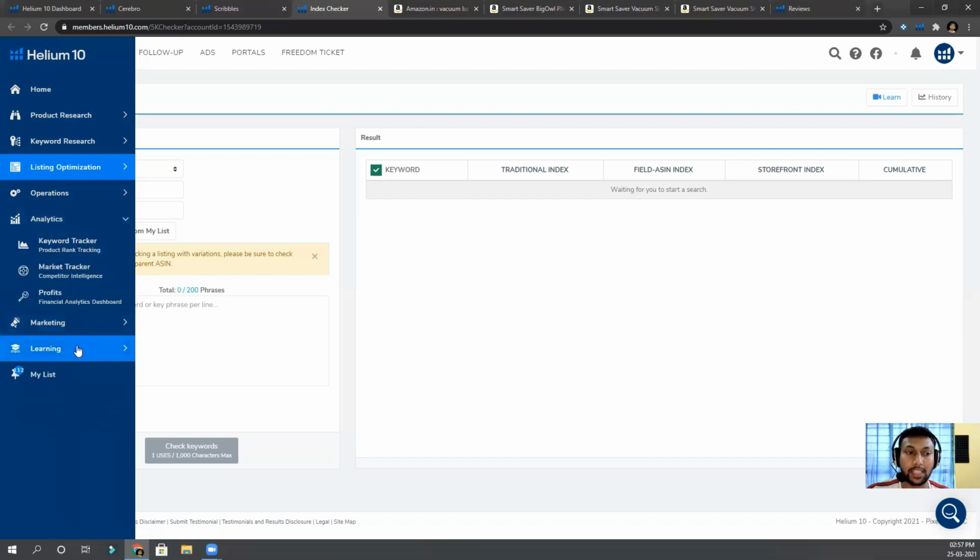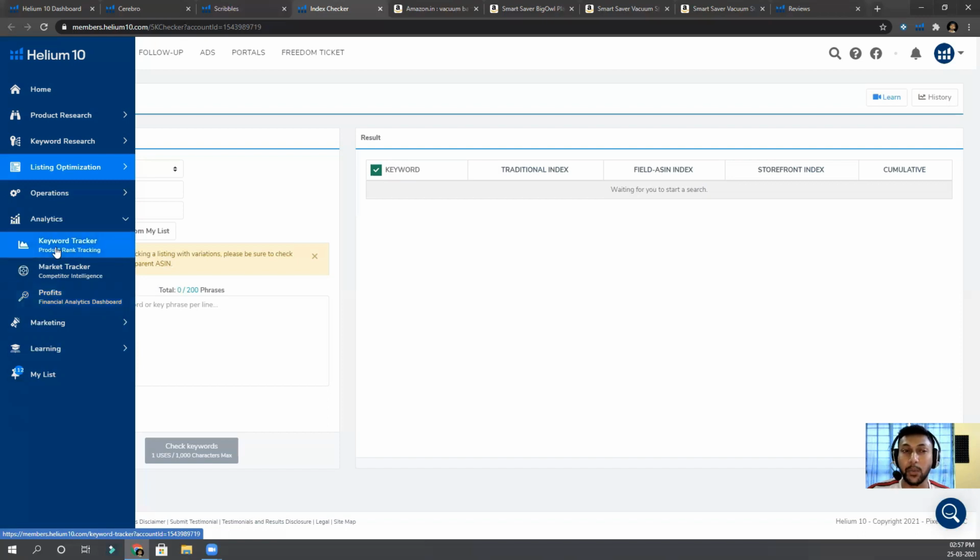And then this analytics, what this does is if you are using profits, okay, now you can input your product cost and also link your account with it, and it will tell you how much your product cost, how much was the refund, how much was everything, okay, and how much profit you are getting in percentage, and what ROI you are getting, everything it will tell you.